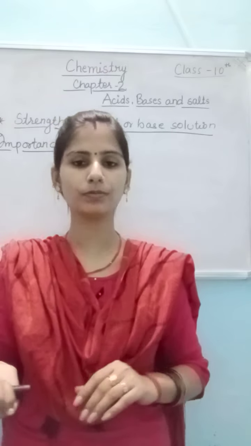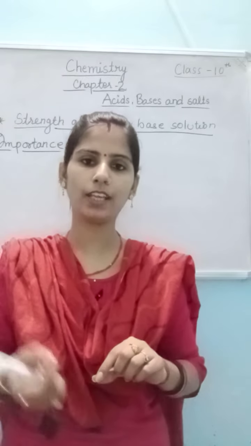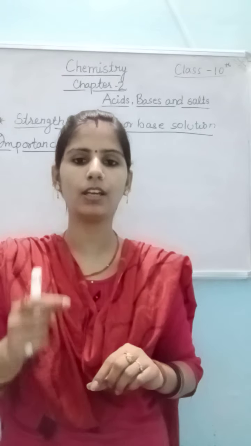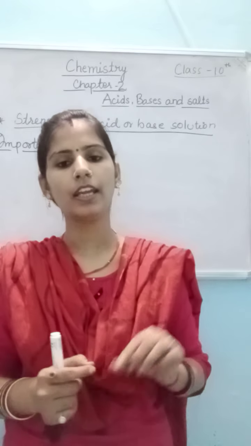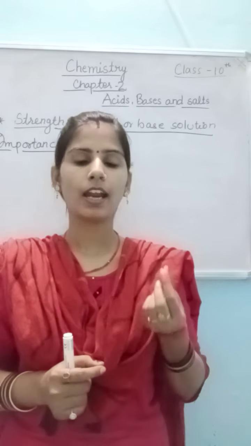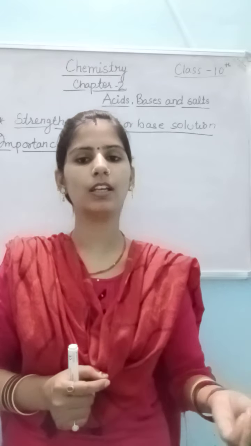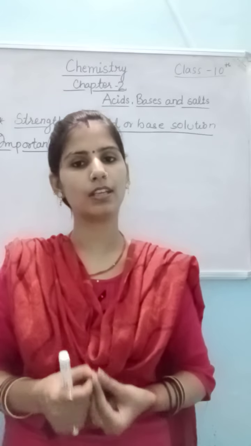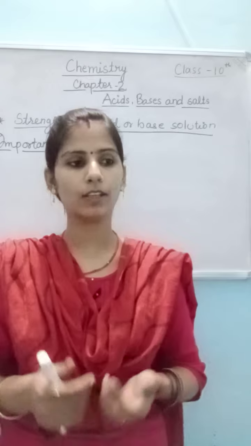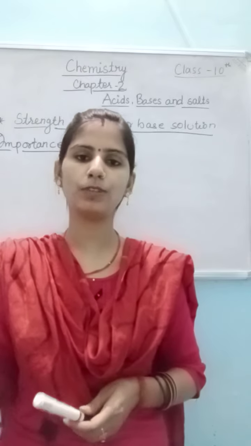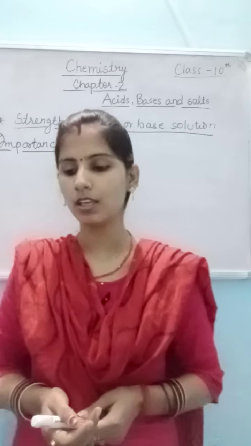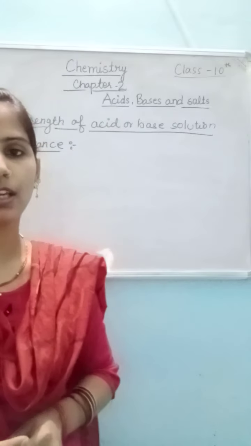Now in that filtrate we have to add universal indicator. We are using 2 to 3 drops of universal indicator in that filtrate. It gives color, and the appearance of color shows the acidic or basic nature of the soil. In which soil, or at which pH range, the growth of the plant is good. Okay. So now third, what is the importance of pH?